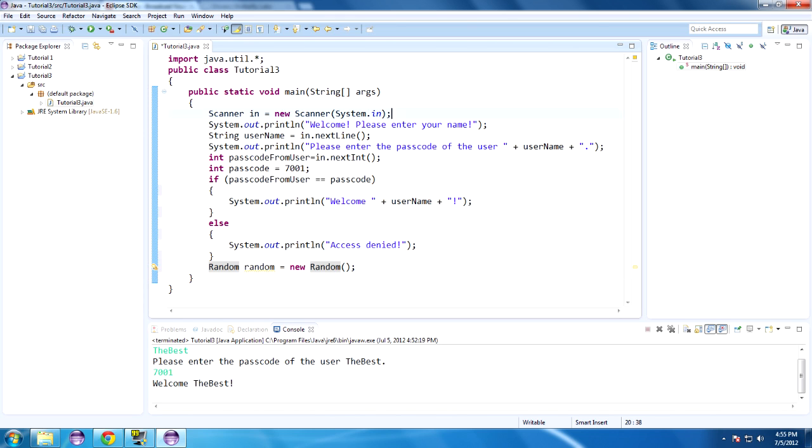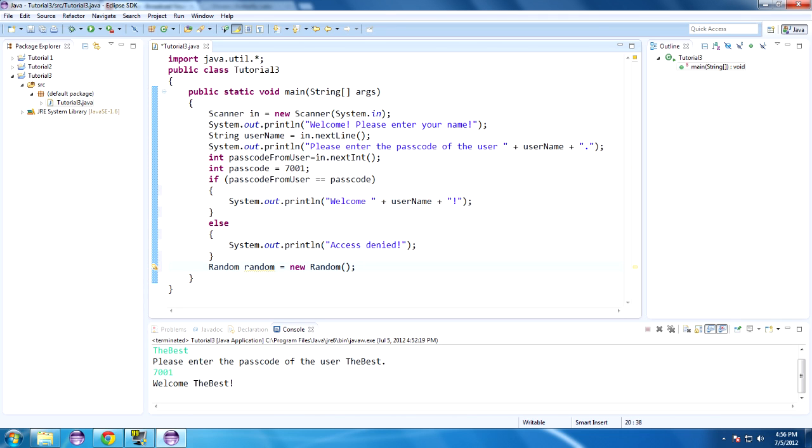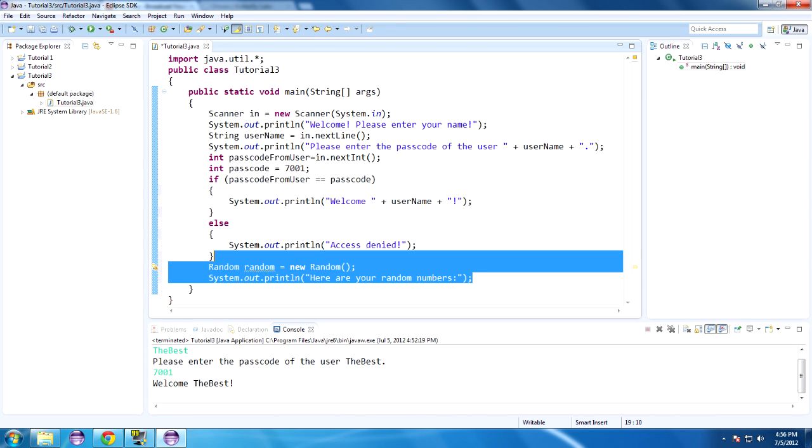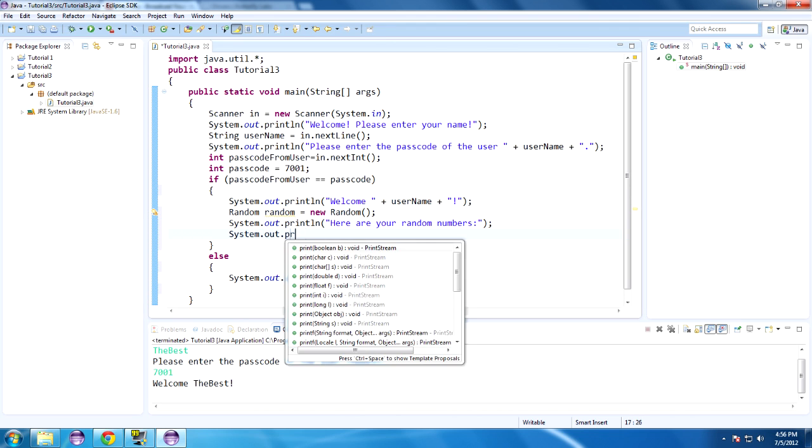Considering we went over in depth what initializing a scanner object looks like and how that works. So, random numbers. Well, let's say System.out.println, "Here are your random numbers." We only want them to be able to do this if access was granted to the machine, or else it's going to say access denied. You're not going to get your random numbers. So here are your random numbers, and then we're going to do System.out.println